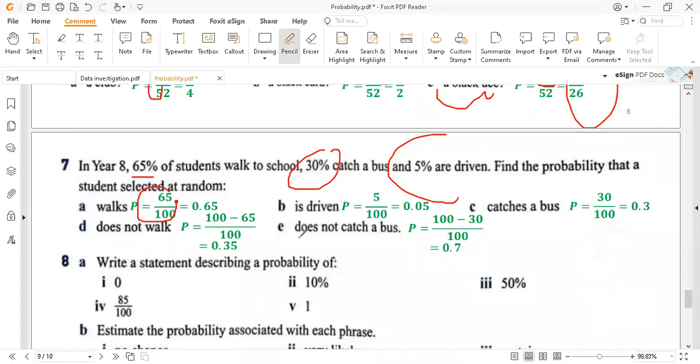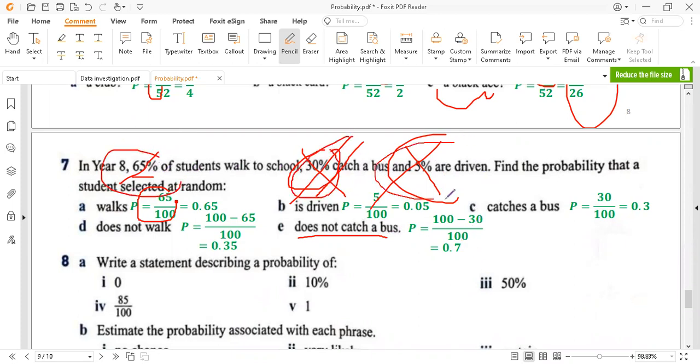When they ask about someone who does not catch a bus, for example, they could drive, go by driven, or walk. So we have 100 minus 30, or we can say 65 plus 5,